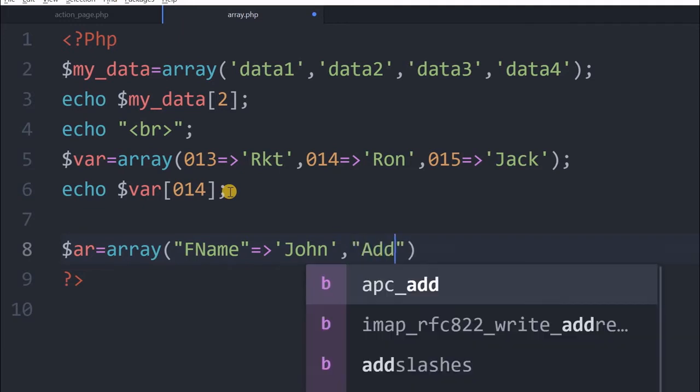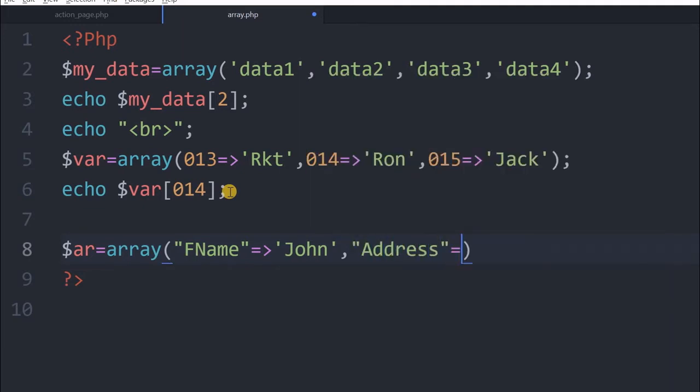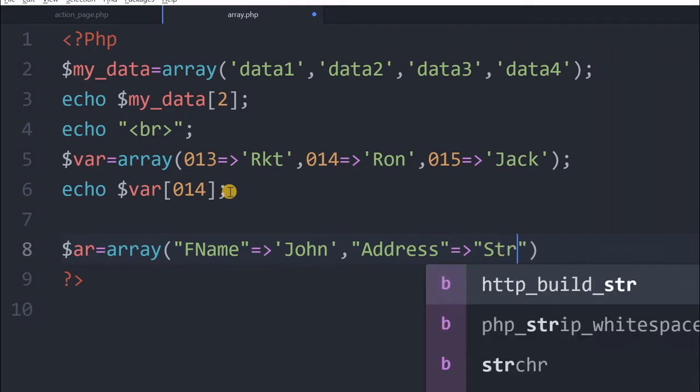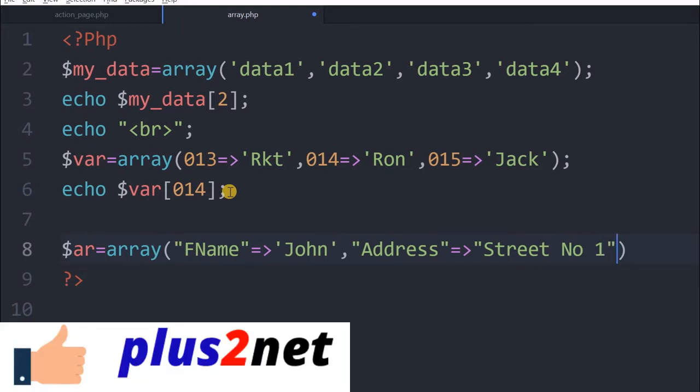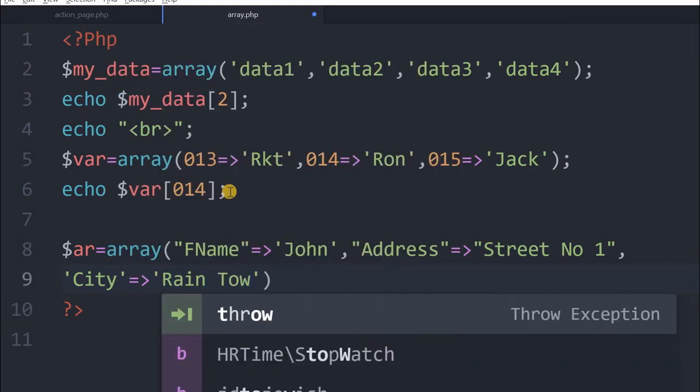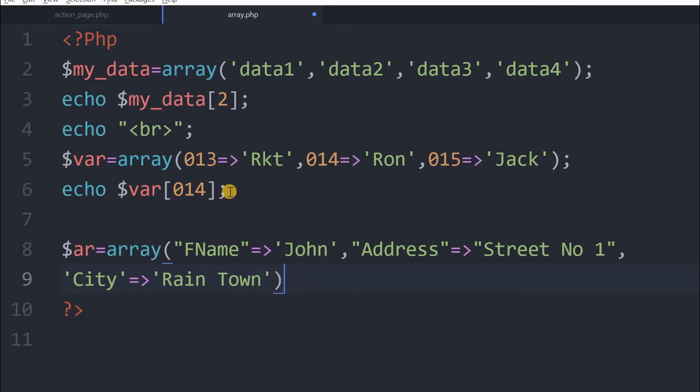The address is, say, street number 1. Fine, I can continue further with city and all. Let's add city also. Let me say city is Rentown. Now like this I can continue.